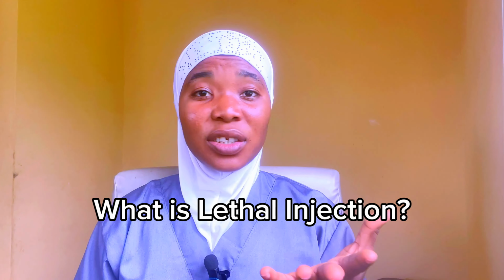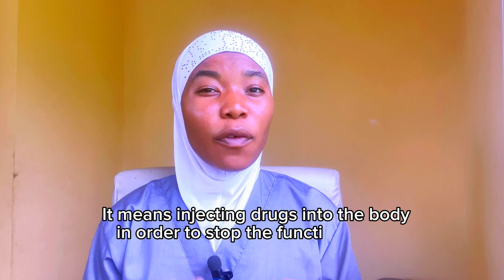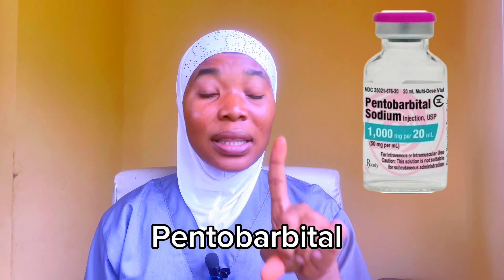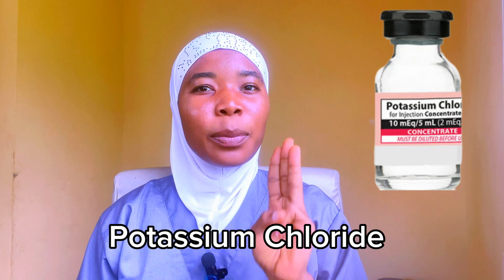And at the same time, I will relate these drugs to what we use in healthcare. As a nurse, I see some of these medications, but for very different reasons. So I will tell you how this injection works in the case of execution and how it works in the case of clinical practice. So what is lethal injection? It is simply injecting drugs into the body in order to stop the function of the vital organs in the body. This process uses a combination of three drugs: one, the pentobarbital; two, the pancuronium bromide; and three, the potassium